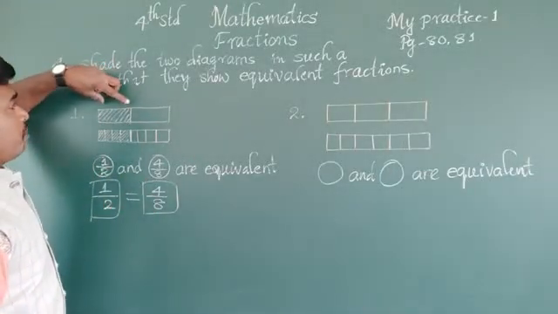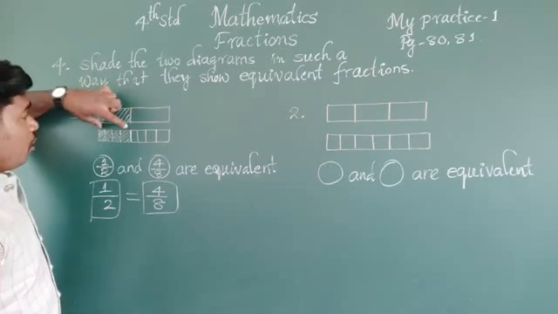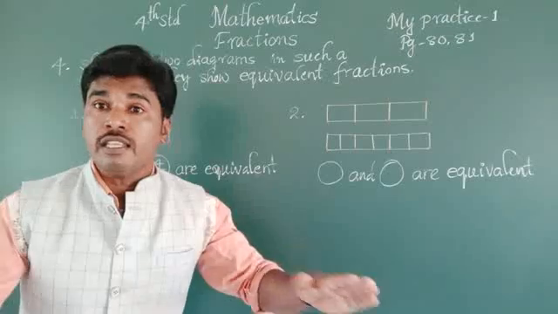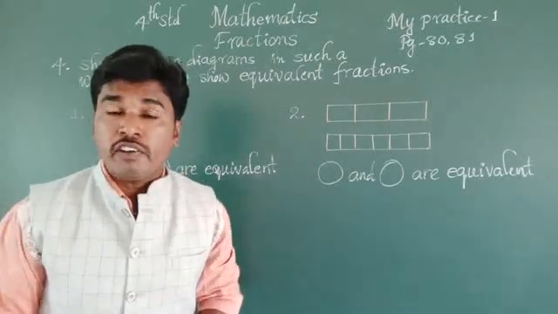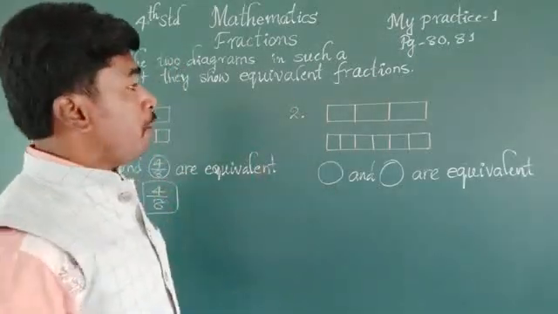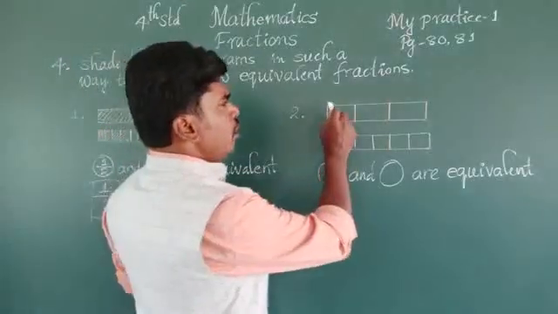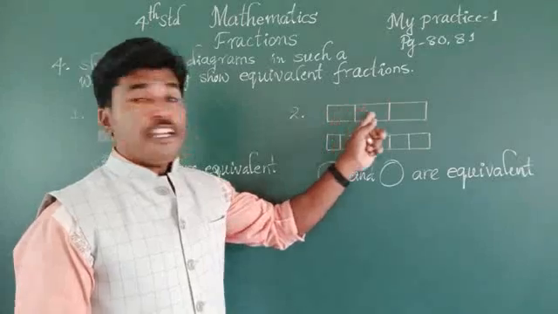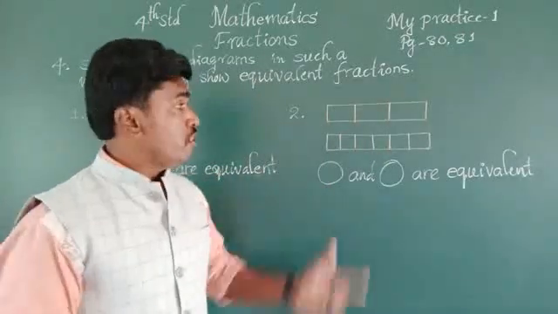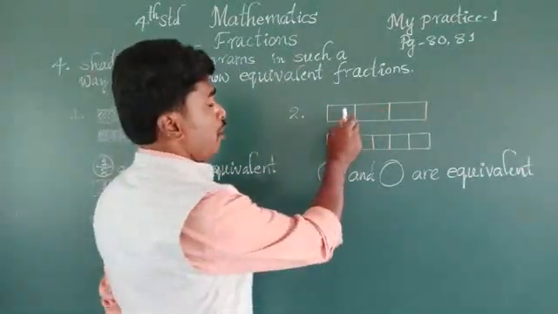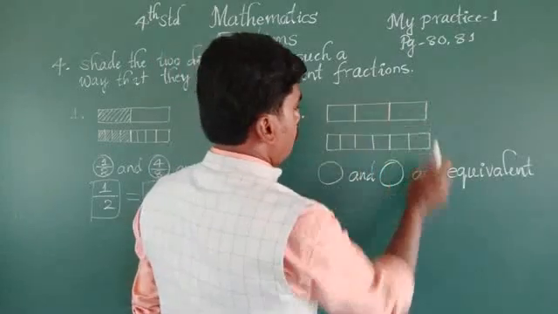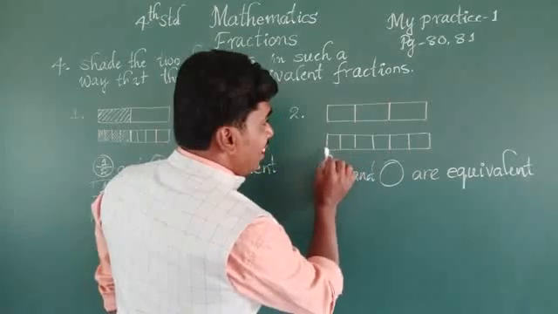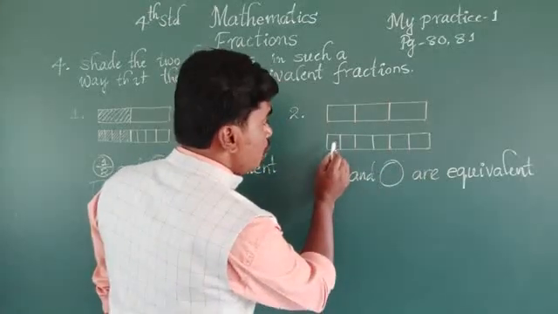Observe here, dear children. This is half part. Again here also half part. So the value remains the same. So it is called an equivalent fraction. Now come to the second part. Again here is a rectangular bar. The first rectangular bar is made into three parts, 1, 2, 3. In the second rectangular bar, the same length, it is made into 1,